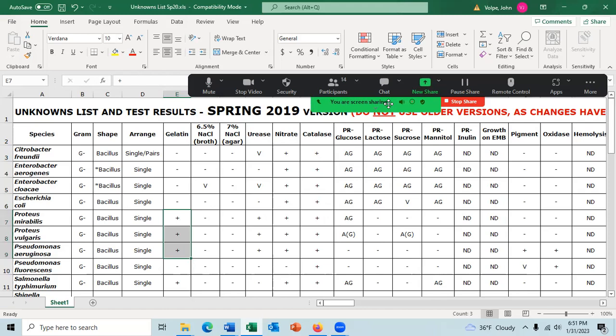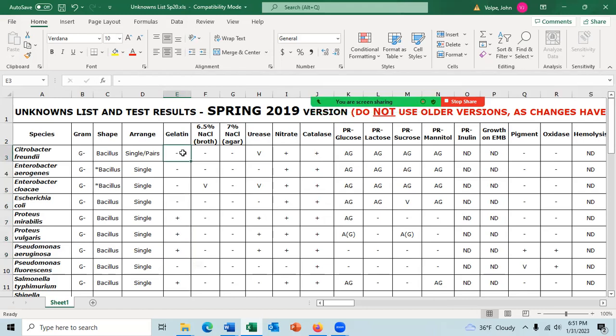Those are basically the results of the gelatin test for those species.